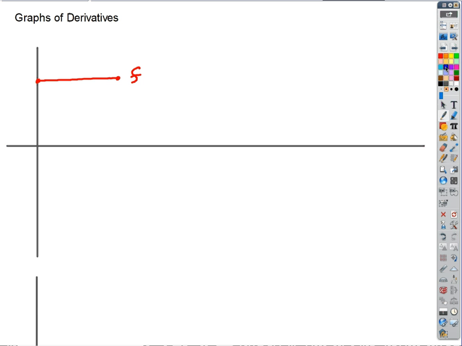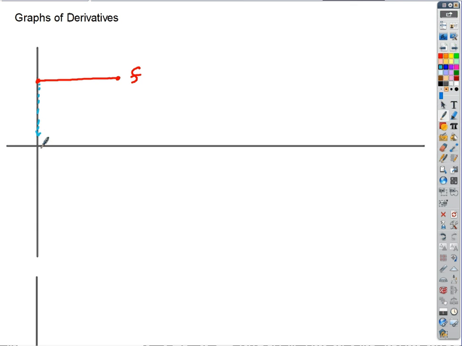Now, how are we going to come up with this? What's the relationship between the derivative function and the function? The derivative represents what again? The slope, okay? So now listen carefully to this statement. It's a simple statement, but you've got to really make this connection. The value of the derivative corresponds to the slope of the function at that point, right? So if I want to find the value of the derivative function at that point, what's the slope there? 0. Okay, so then this point right here is going to map to